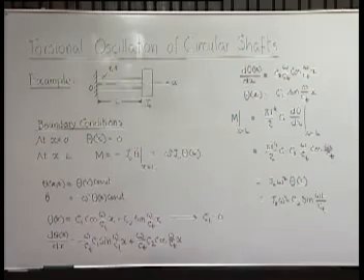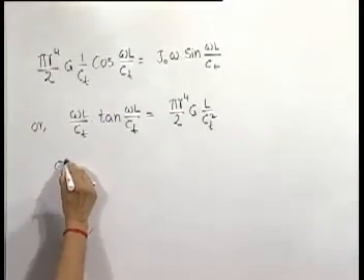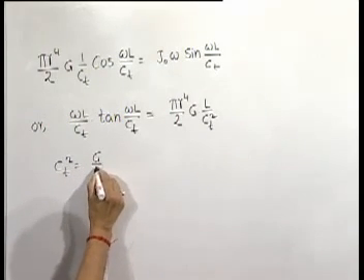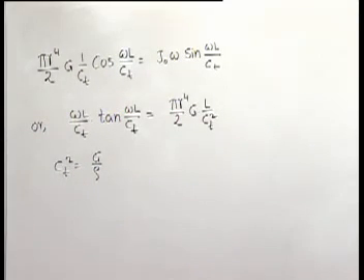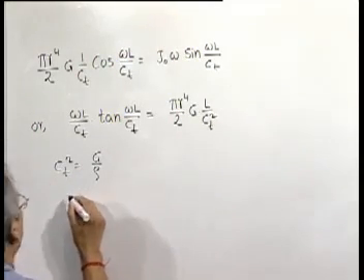Now Ct we have already found out, Ct square was equal to G by rho. If you use it here, you get